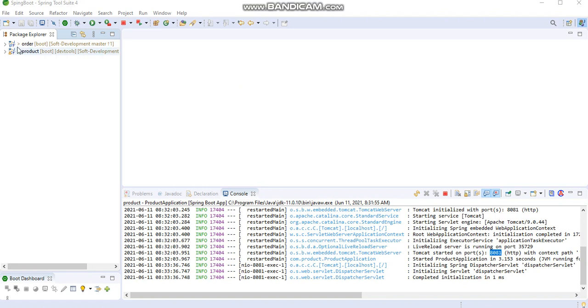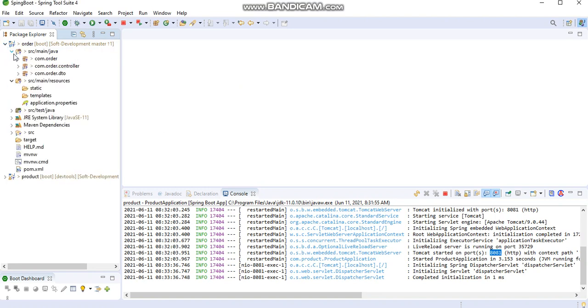Now, how can we consume this RESTful web service in a Spring Boot application? So we will move to the order application, with the same packaging as I provided.